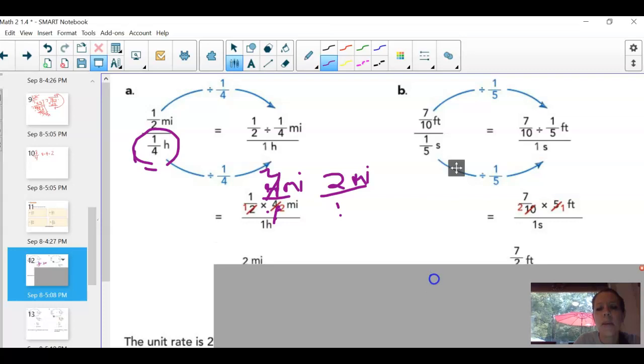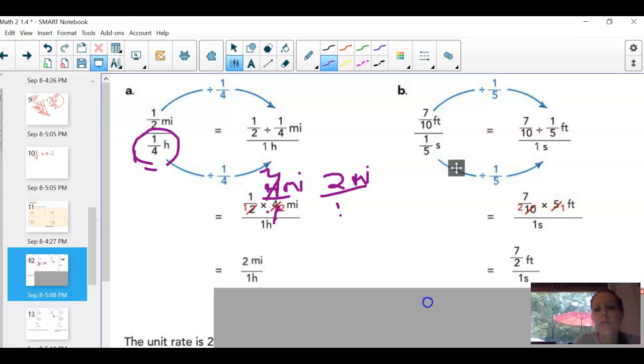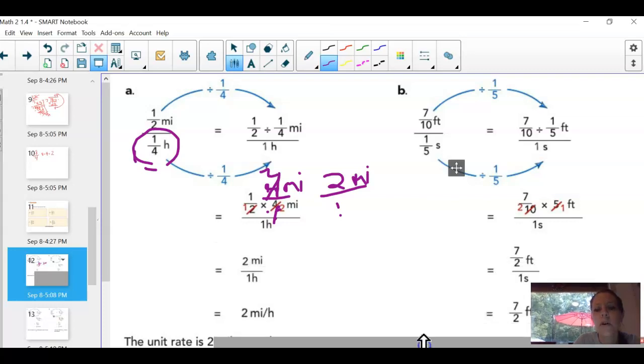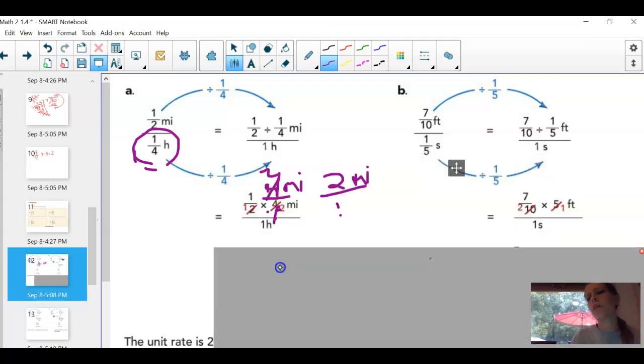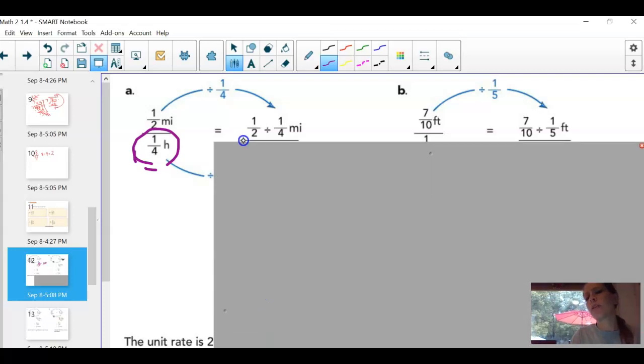Okay? That means that I have 2 miles per 1 hour. Therefore, that's 2 miles per hour. That sign means per. So the unit rate is 2 miles per hour. Okay? So don't overthink. Do the same thing. Now, the problem is sometimes you're going to have a number that is not as pretty, and we're going to